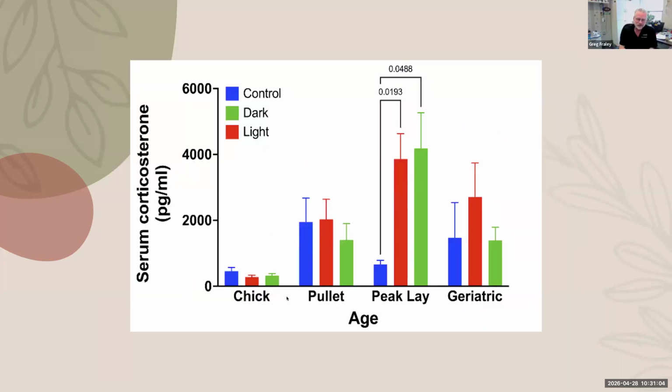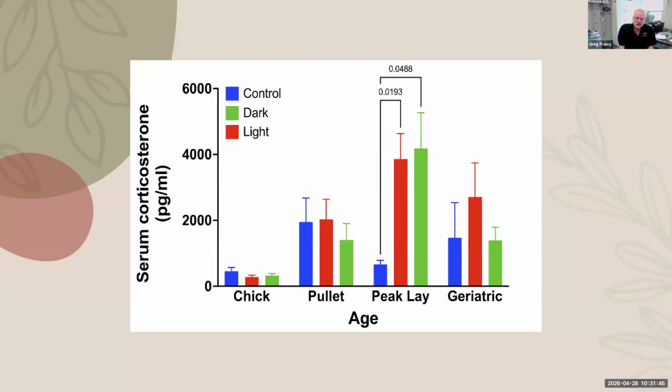When we looked at corticosterone in these birds, we found something very interesting. At peak lay, very obviously they're showing a stress response with corticosterone, but we didn't see it at any other ages. And so the big importance here is with gonadal hormones. The lack of stress response in the younger birds has been shown many, many times by many different labs, including Darren Karcher's lab here at Purdue, with a study done by Megan Abraham in pullets.